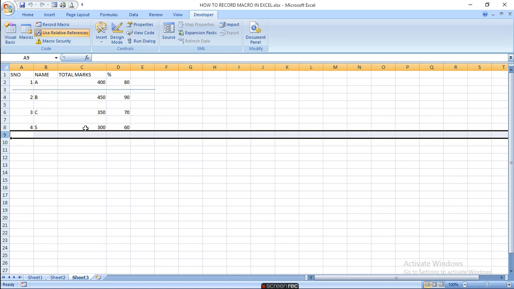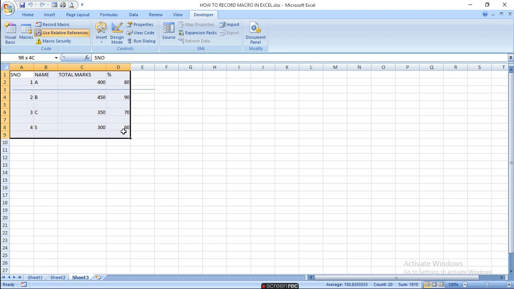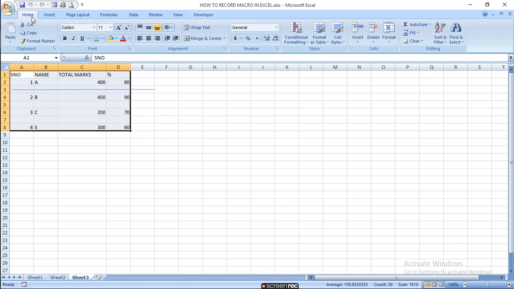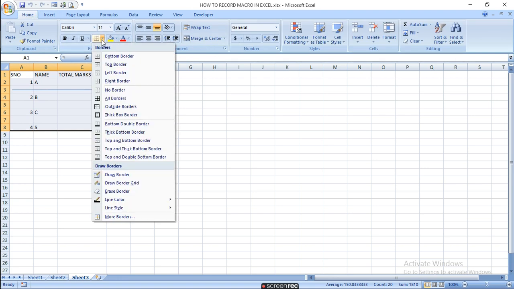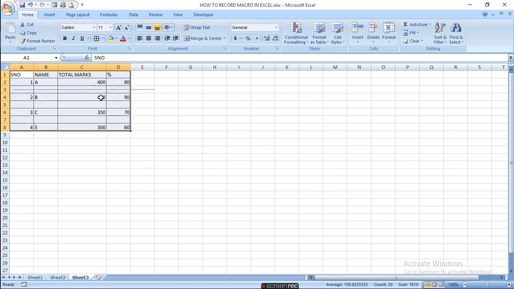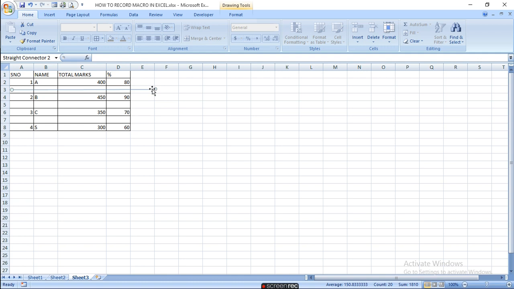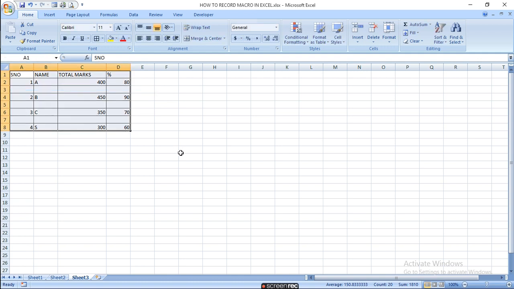This way you can make a macro, and for a line you can use this one, and then use this one, you will get the line. No need to take the shape because it is not taken.